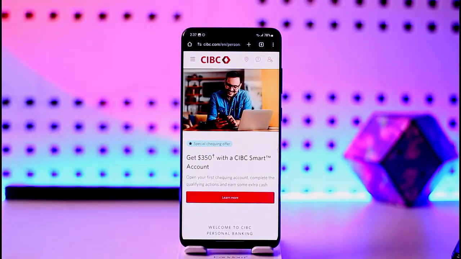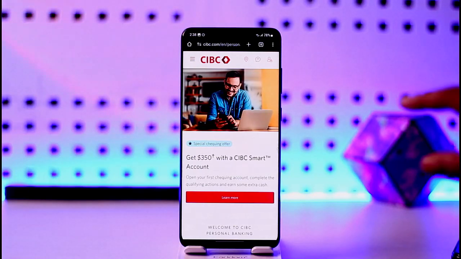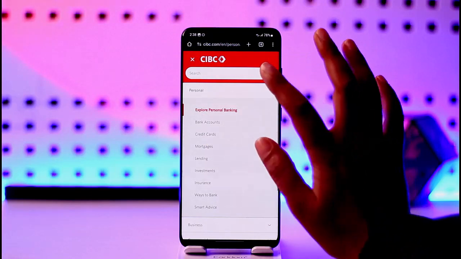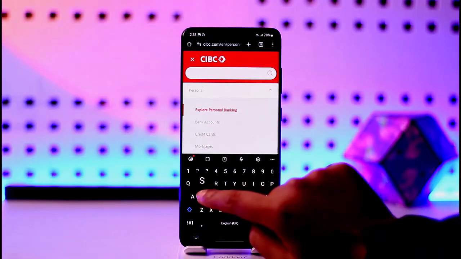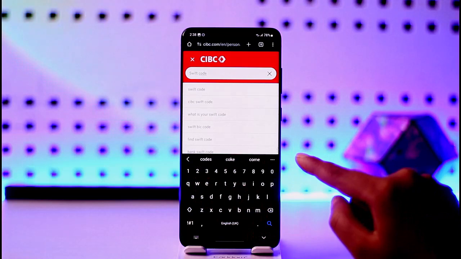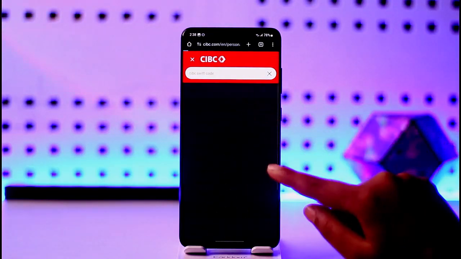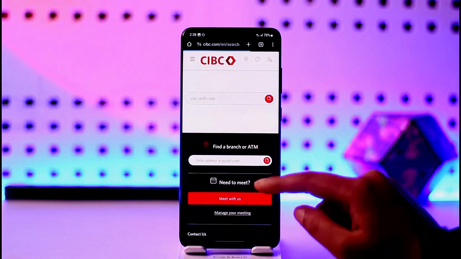For the matter, the very first step would be simply for you to access your CIBC Bank on your phone browser, or you can do it from your desktop as well. Once you access it, what you're going to do is simply tap on the three horizontal lines, aka the menu icon, on the top left corner of the side, and simply go to the search bar and type in Swift code. Once you have done that, you can see this Swift code on top. You can tap on that, or you can simply tap on the CIBC Swift code, and now it will simply